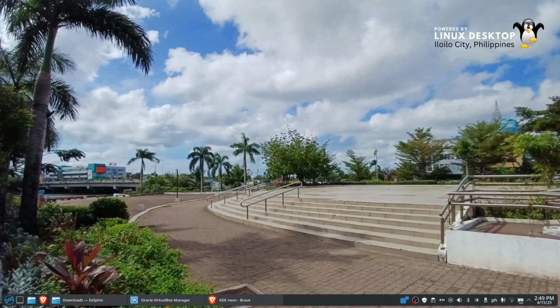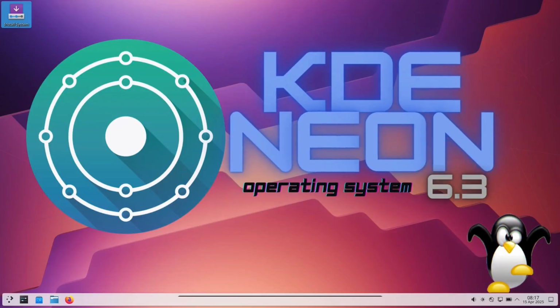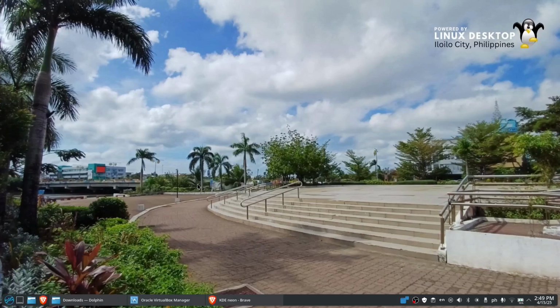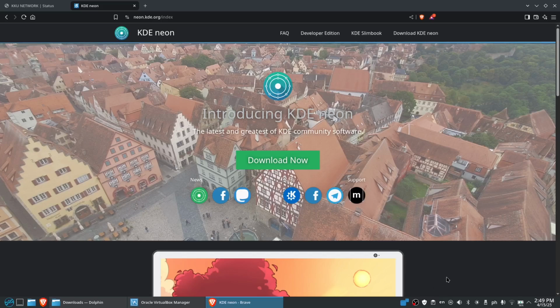Today we're going to take a look into KDE Neon 6, 13th April 2025. So let's start with our website first. The website is neon.kde.org. As you can see, this is the latest and the greatest of KDE community software, but